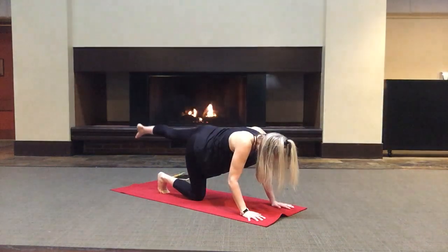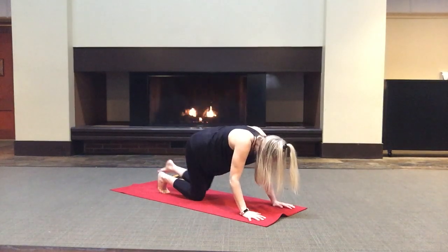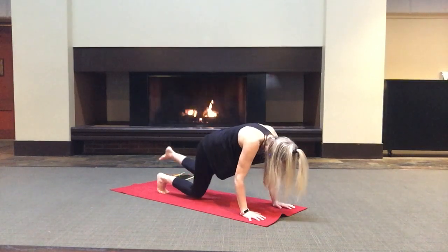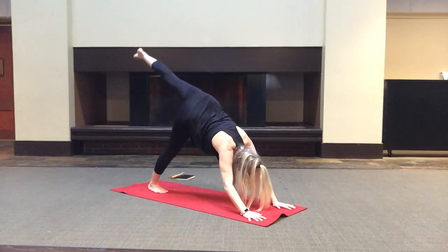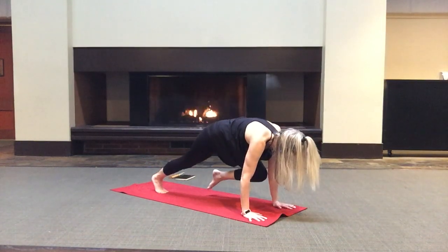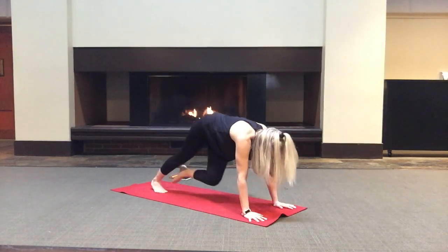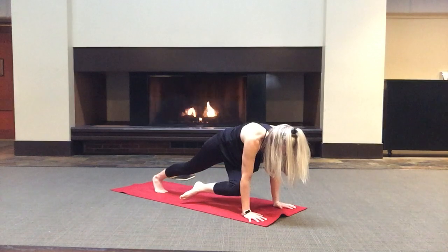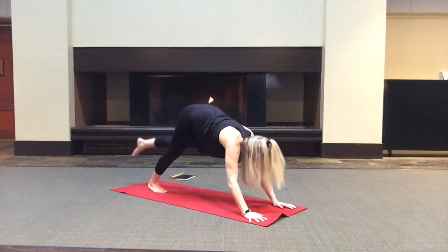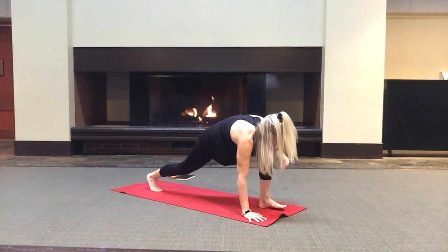Inhale, extend that right leg back. Exhale here, and inhale, draw the knee toward the nose. Beautiful. Exhale back. Inhale, bring that right knee towards the right elbow. Exhale, extend back. And inhale, bring that right knee across towards the left elbow. Beautiful. Exhale, extend back. Inhale, bring that right foot forward between your hands, finding low lunge here, and release the